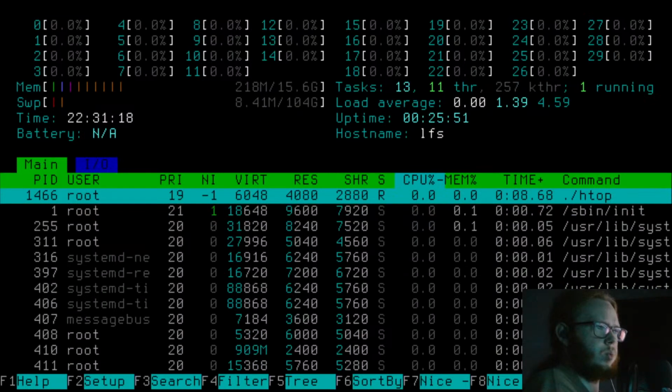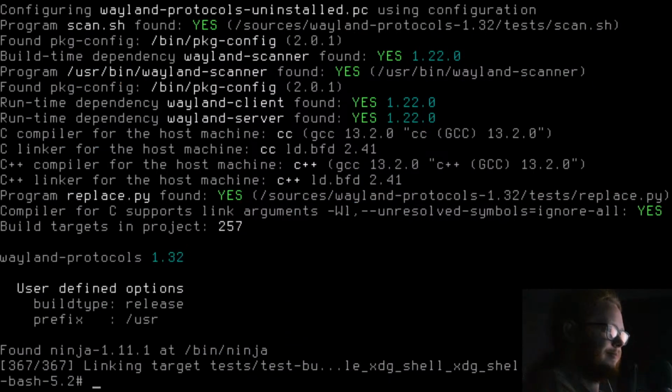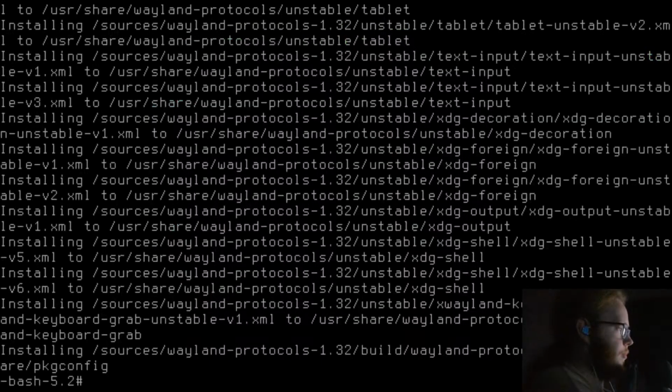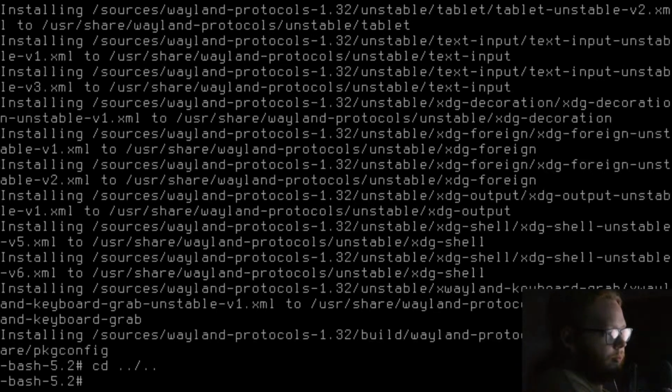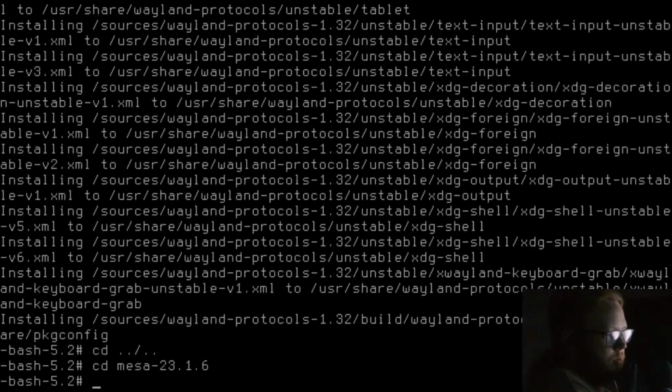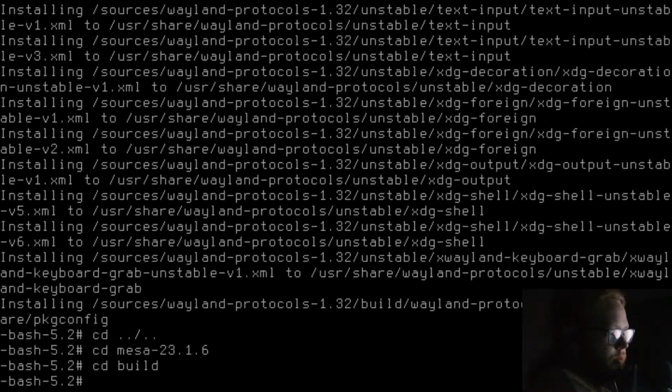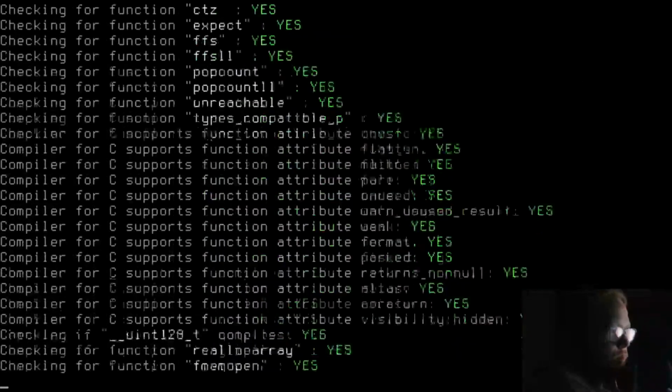What the hell is -1? Oh, it's htop, that's why. And then just ninja install. Okay, now we go back to Mesa. Try this again. cd ~/Mesa, cd build. Right.